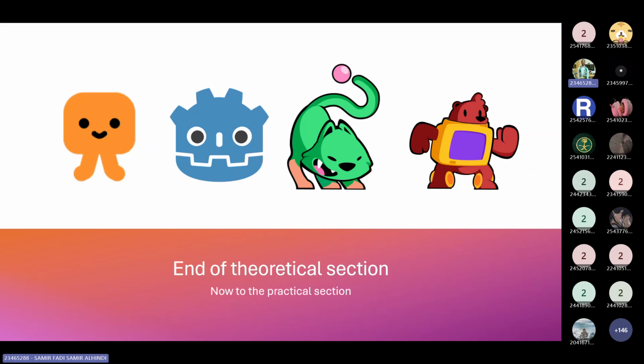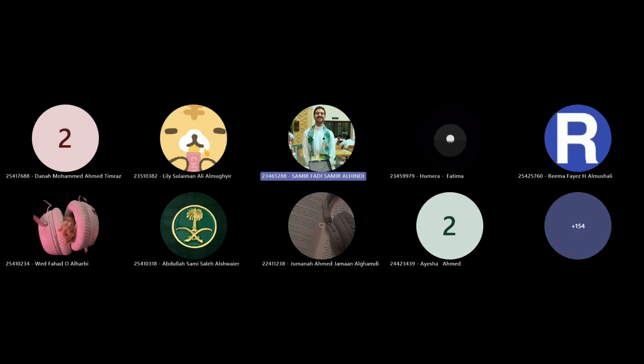And Alhamdulillah, that's the end of our presentation. Now we will learn how to download the engine. So before we learn how to download the engine,